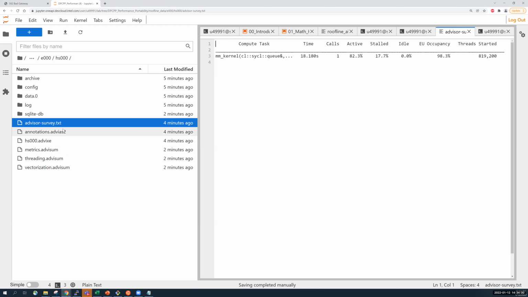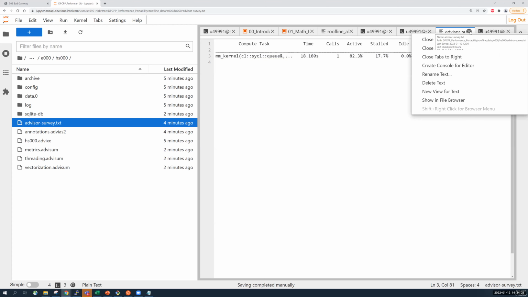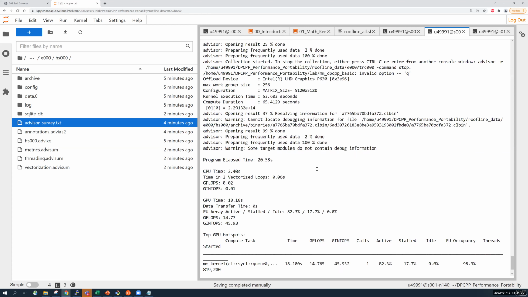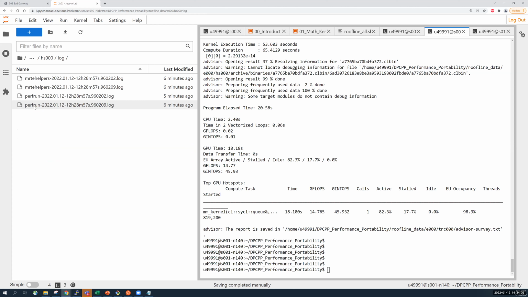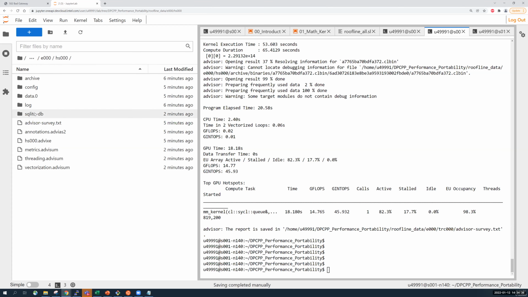these numbers here, right? So it actually gives you what the compute kernel task was, which is our kernel function here, how much time it took, 82% active, 17% stalled, and the EU occupancy is also given here, right? So number of threads started. So you will get a lot of interesting numbers that you can use to analyze these. And I think there should be an HTML file here as well. That's what I'm trying to look for,